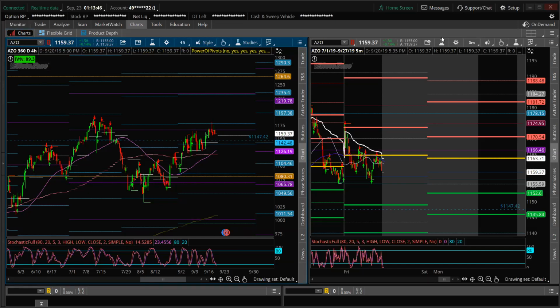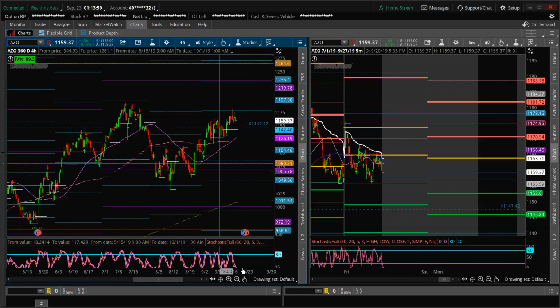1 million worth of puts. Okay. So let's see what is the downside target. 1159 minus 61. 1098. So if we lose, if we miss earnings,